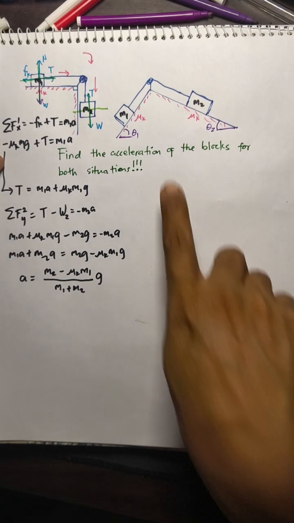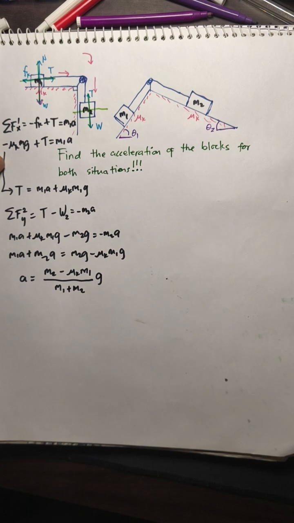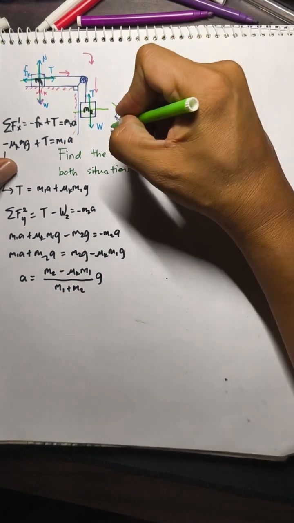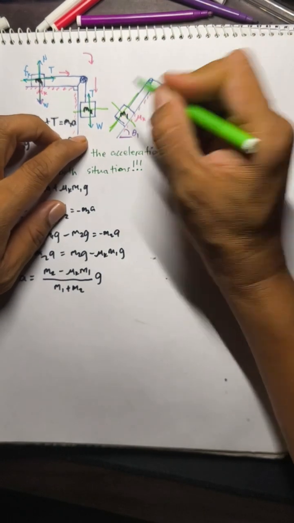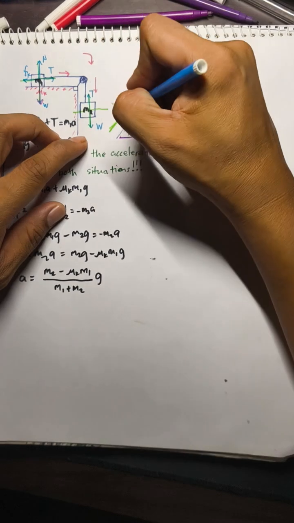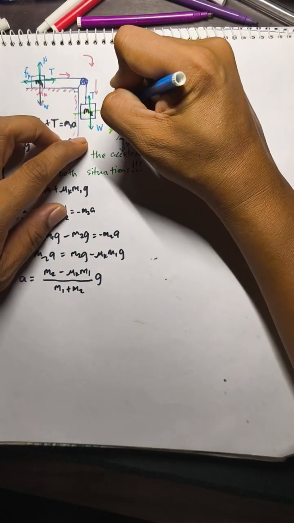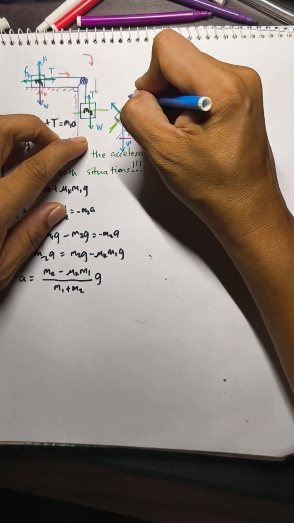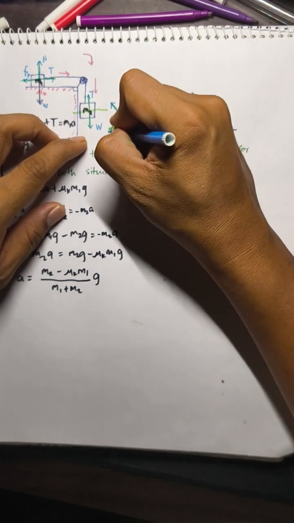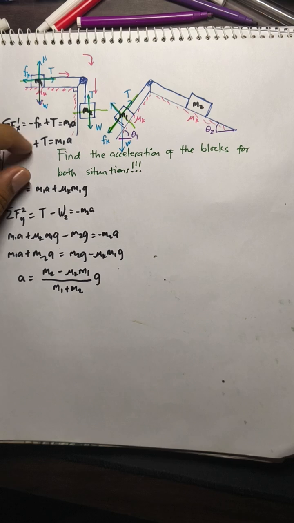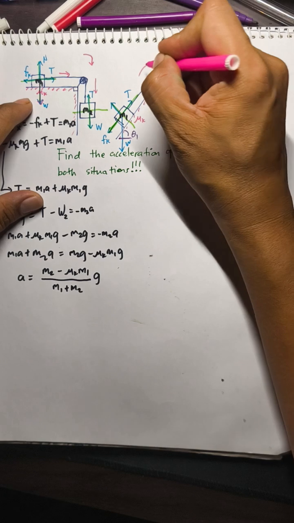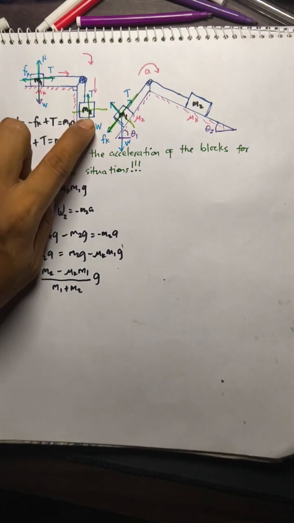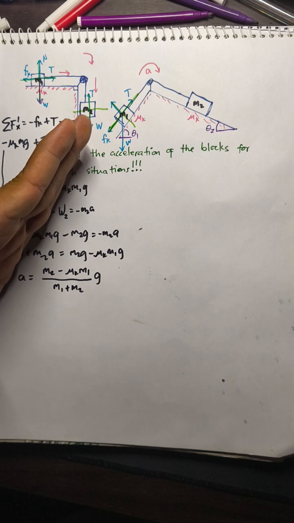We will now solve the second case, or the second situation. Again, the same thing that we're going to do. Let's construct a tilted axis such that the x-axis will be parallel to the inclined plane. Okay, identify all the forces. Of course, you have the weight, the normal force, the tension here, and friction on this side. By the way, I forgot, we assume that acceleration is again going clockwise. That's why the friction is going on this side, because my assumed motion is going in the positive x.